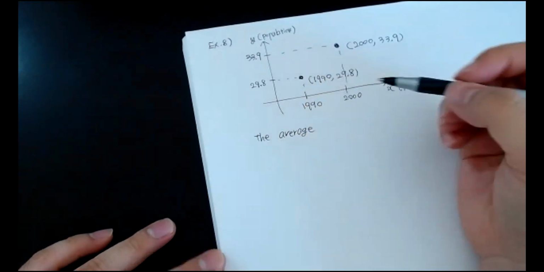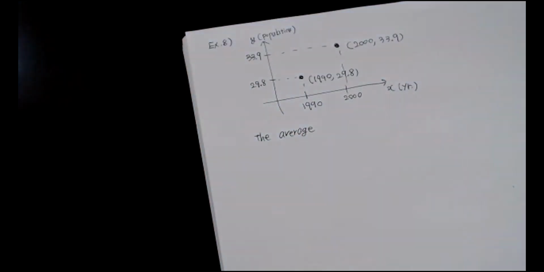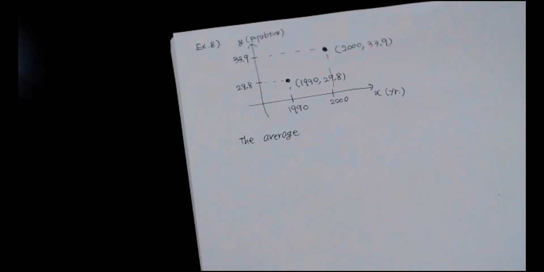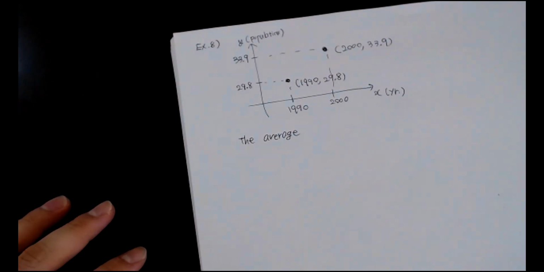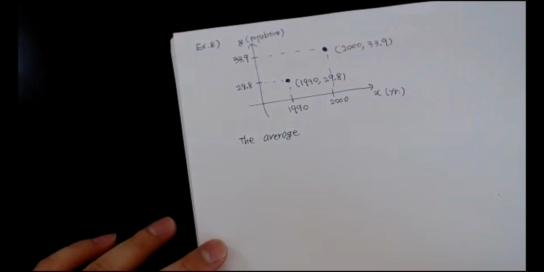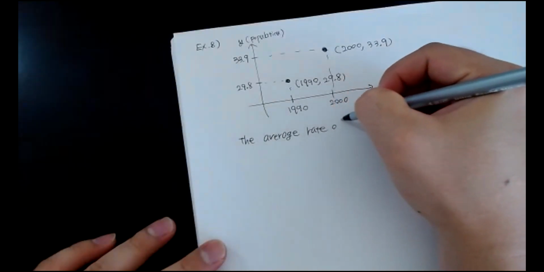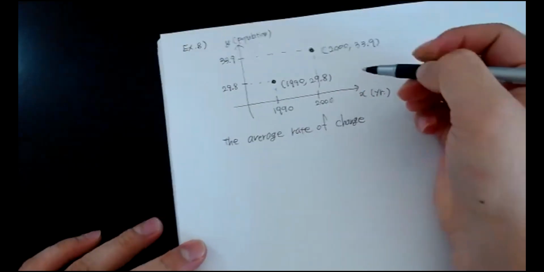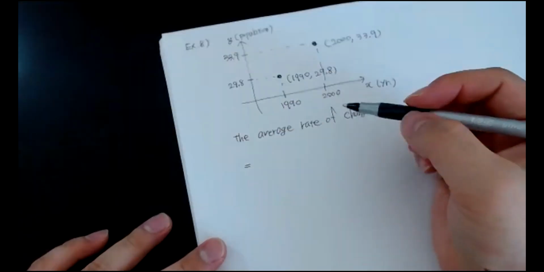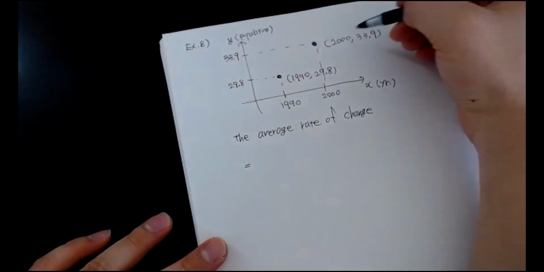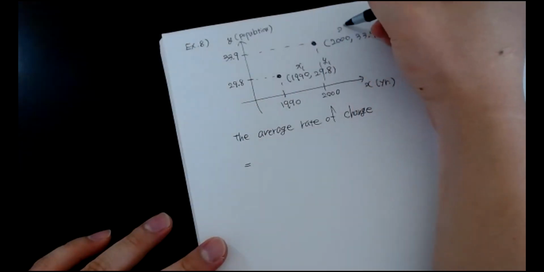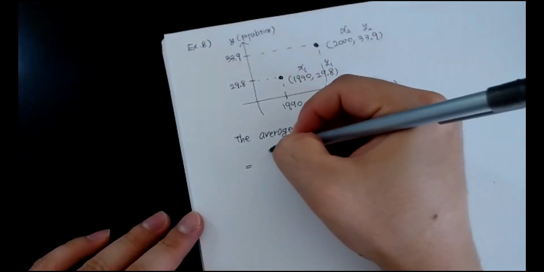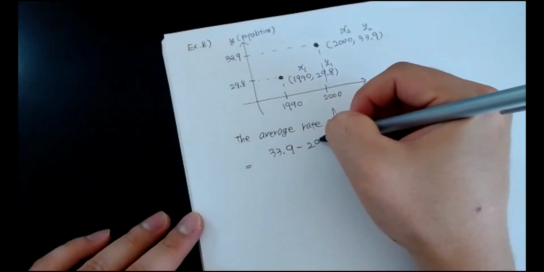But actually, what does that mean, average rate of change in this problem? Average rate of change of what? Population, right? So the rate of change of population from 1990 to 2000 is what? That is equal to y2 minus y1. So this is x1, this is y1, this is x2, this is y2. Then y2 minus y1 is going to be 33.9 minus 29.8,